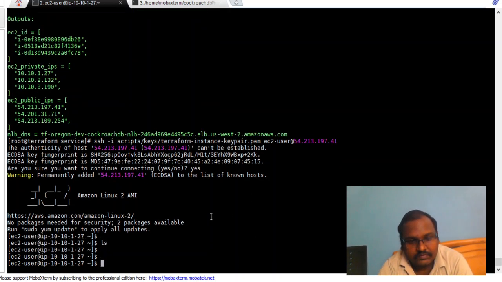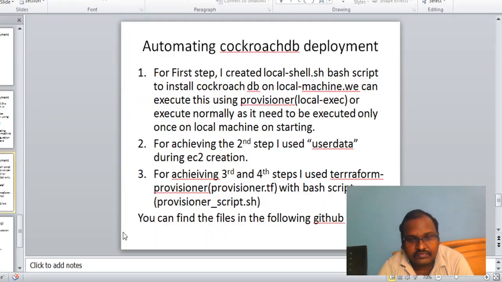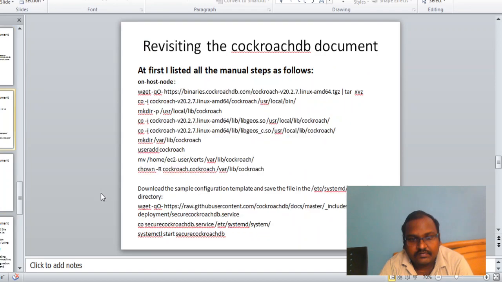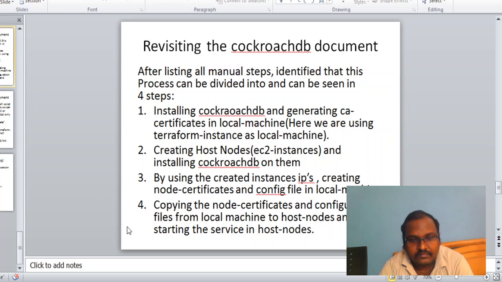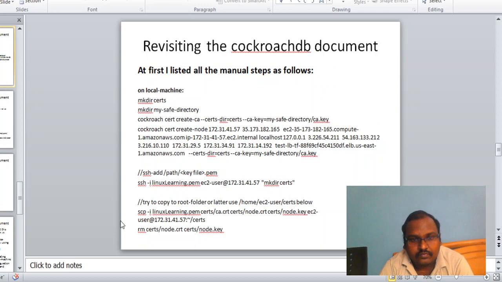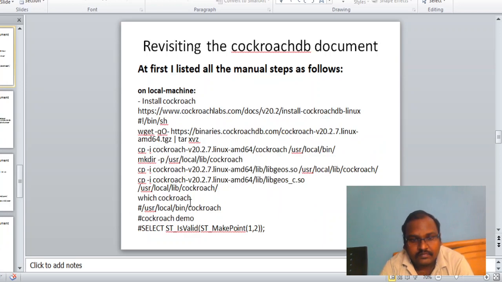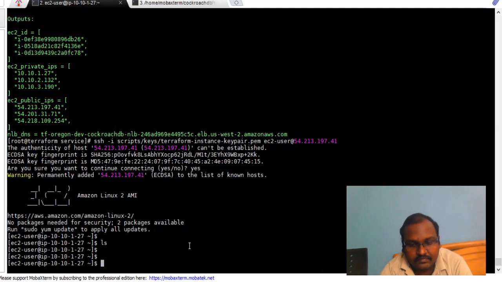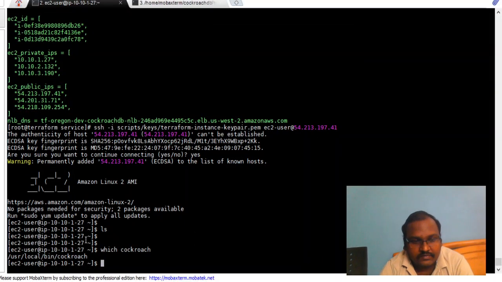So basically, what we wanted to check is that installation, right? Which cockroach, basically? Let's check whether it is running. See, so the cockroach has been installed,